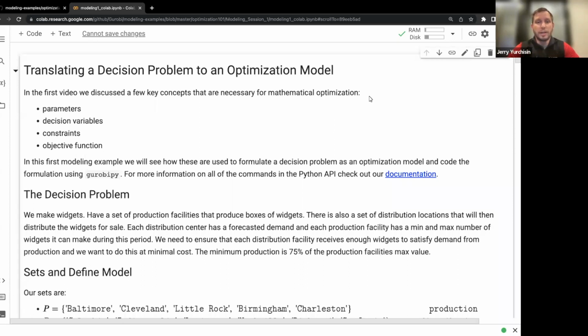This session is a little bit more hands-on. We're going to be diving into a little bit more of the nuts and bolts and actually doing a little bit of coding, going through the decision problem that we highlighted in the previous video. But before we really get going, I know some people are probably going to be coming in here and there,